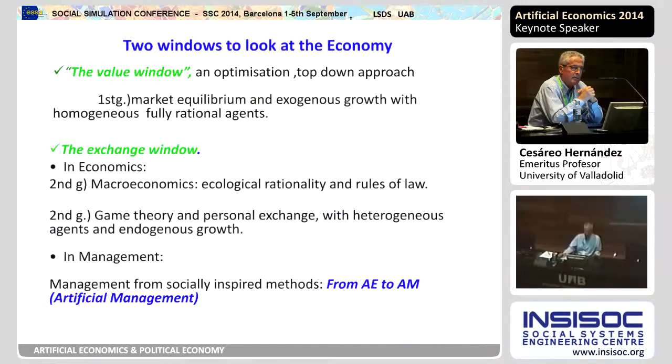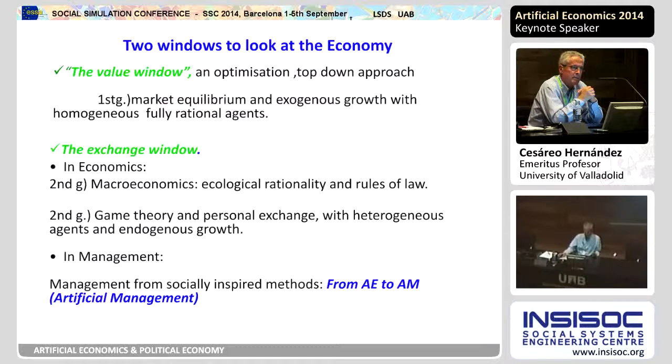So we now have two windows to look at the economy. The usual window, value and optimization, top-down approach, and the exchange window to look at economics and institutional design, macroeconomics. Adaptive expectations may be equivalent to the best econometrician with the right model, and even devising institutions or rules of law, as Hume suggested. And in game theory, we have a second generation of personal exchange with heterogeneous agents and